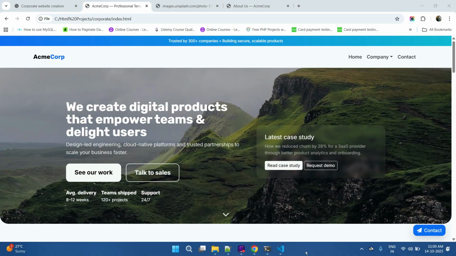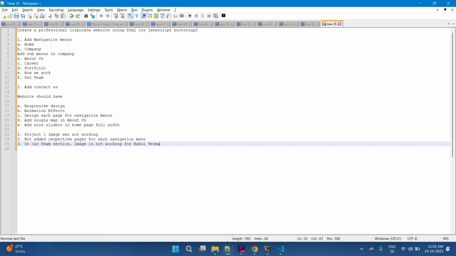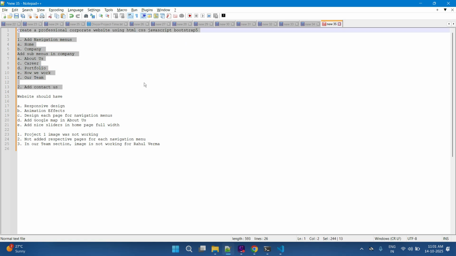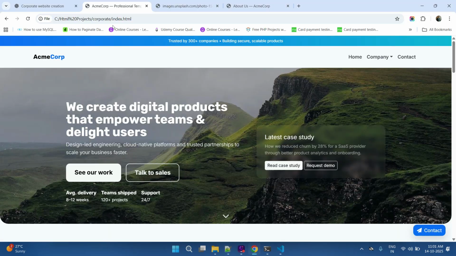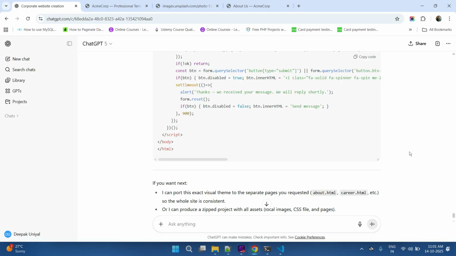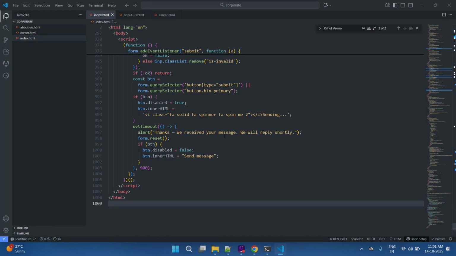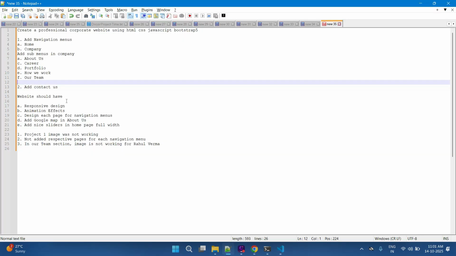So let us summarize what we have learned in this session so far. Number one, we generated the instructions of what we need from artificial intelligence, and we are using ChatGPT here. We noted all our instructions in our notepad file before deep diving into ChatGPT. Then we copied all these instructions and pasted them here, and it gave us a nice HTML page. Then we copied and pasted it here,